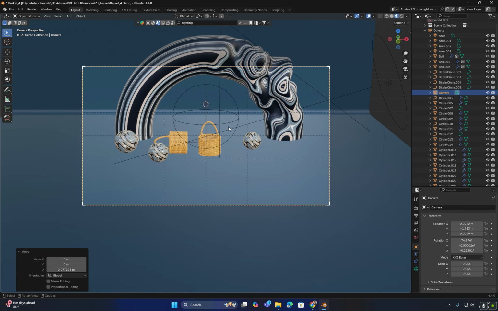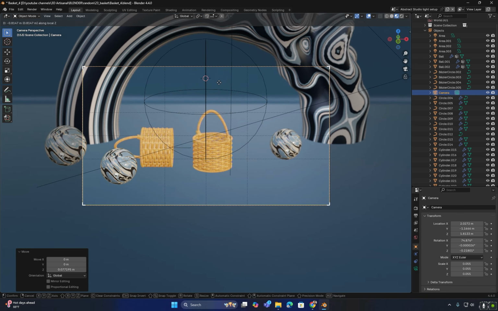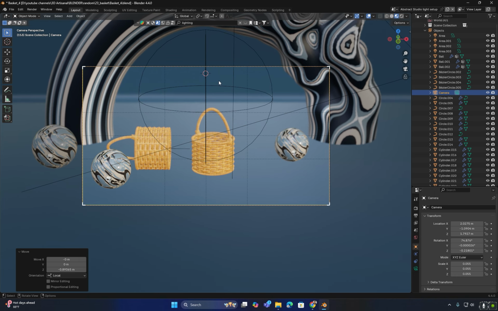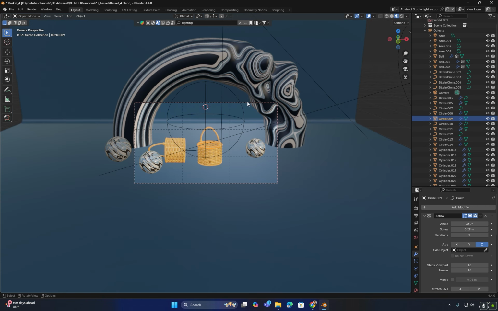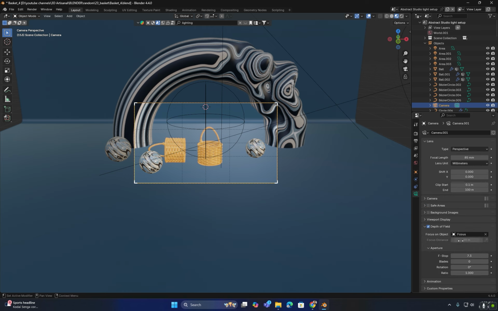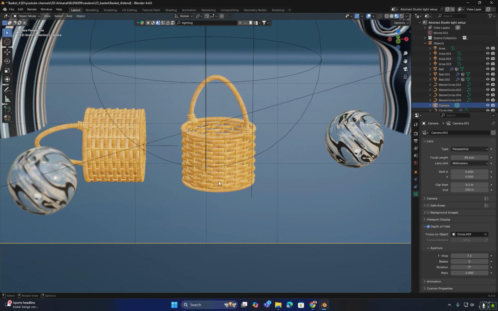After adjusting the height, I will rotate the camera again by pressing R and X to get the desired angle. I will move the camera forward by pressing G followed by double Z to zoom in on the objects. Once the camera is set, I will focus it on the specific object, circle.009. I will select the camera, go into its settings and set the focus on circle.009. This will ensure that the camera is focused on the correct part of the scene.